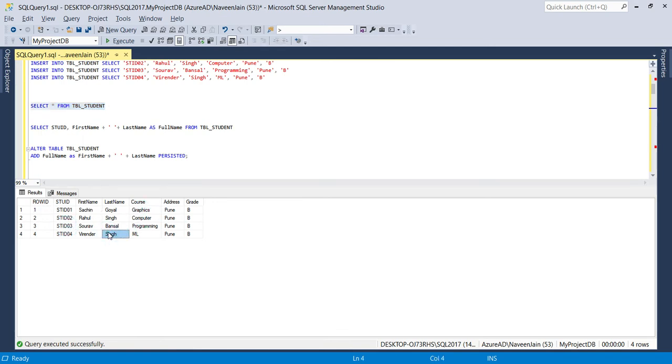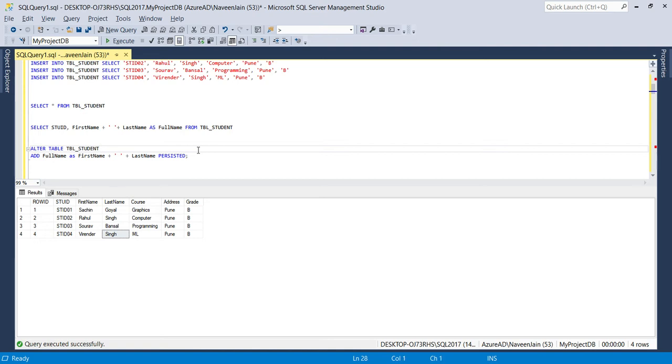Now suppose we need to select full name of the student, which is the combination of first name and the last name. That is the common practice that in many of the select statements, we need full name of the student. So it's not advisable that we should combine the first name and the last name in all the select statements. Instead we should add a column as a full name, and that should be a computed column. A computed column can store the value as a physical value, or it can store the logical storage.